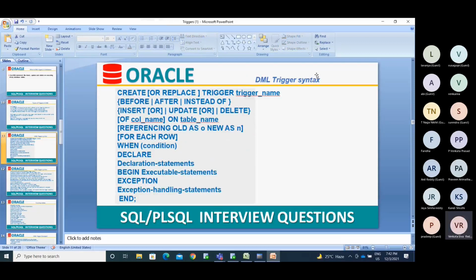So this is the syntax for how to create the row level trigger. Create or replace trigger, then the trigger name, and then we have the events and the action you are going to perform.